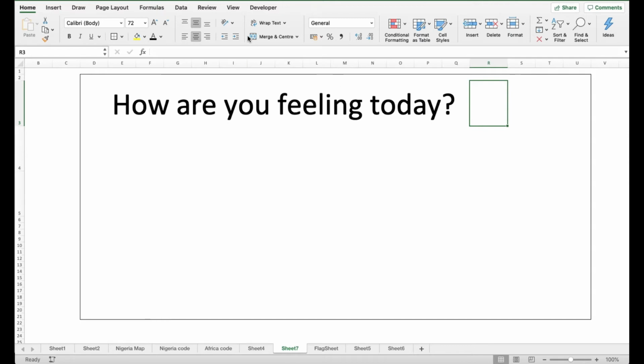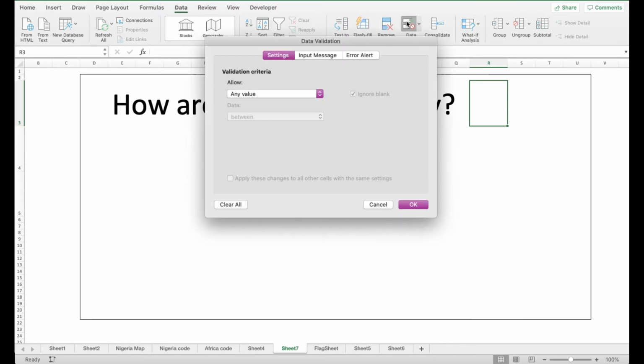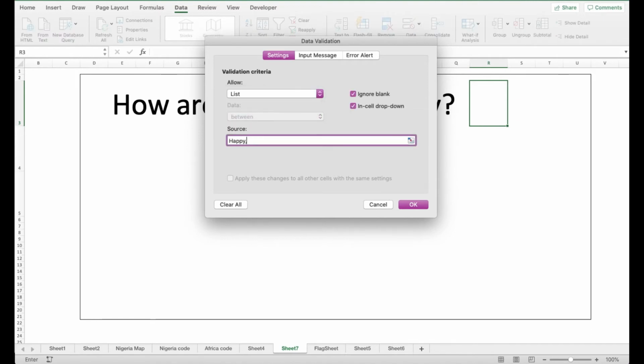So for this, I'm going to use data validation to create this drop down. Of course, in Excel, there are different ways of creating drop down options. You can use data validation, you can use combo boxes. Just in the interest of time and to make this as simple as possible, I'm going to use data validation. So I pick the data validation icon, I select list, and I just type it in. Not a fan, I don't advocate hard coding, but again, this is supposed to be a very quick and simple